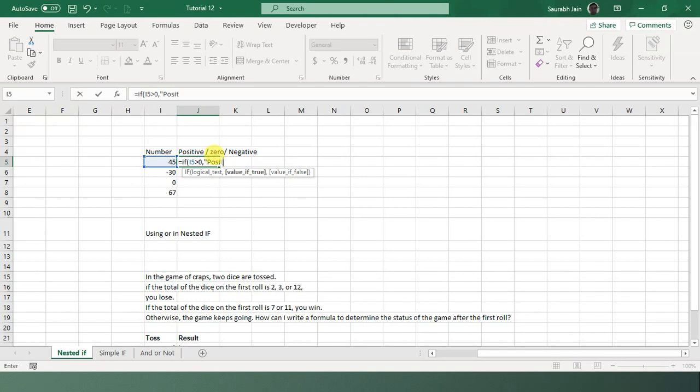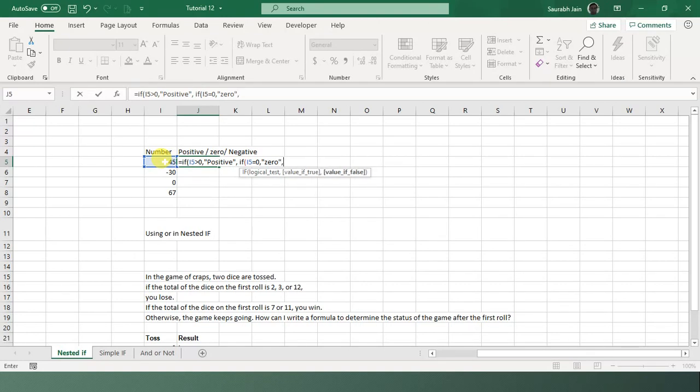Now I again go in the else part, comma, if, bracket open, this number is equals to 0, comma, then it will be 0.